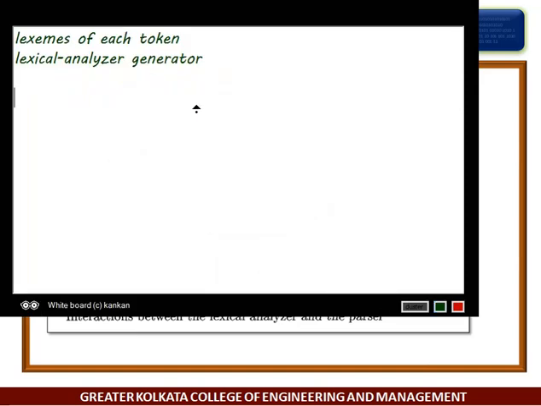So what has to be done by the lexical analyzer, the role of it?